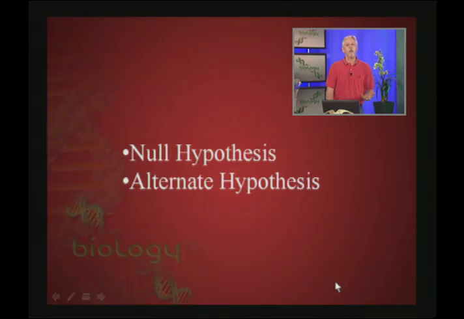And we can also break down our ideas into what we call null and alternate hypotheses. The null hypothesis is a standard hypothesis which says that the difference in our groups is due to chance. The alternate hypothesis is that the difference in our groups is due to a cause. So again, if we have at least a 95% confidence in our results, then we would reject the null hypothesis and accept the alternate hypothesis that there is a cause for the difference. So, null hypothesis versus alternate hypothesis.